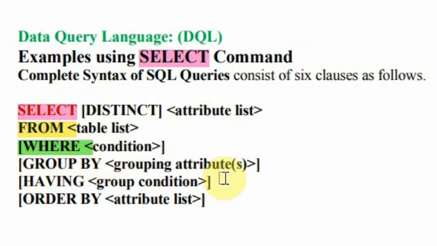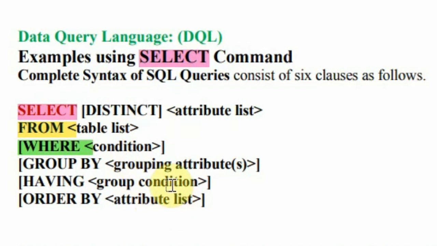Group by is used to group the tuples based on a particular condition. Say, for example, in the sailors table you want to group the sailors who have rating 1, or you want to group the sailors based on age, like who are 45 years of age or 30 years of age. That is what is called group by. So you are grouping the tuples based on a specific attribute value. That is called group by, and it is optional.